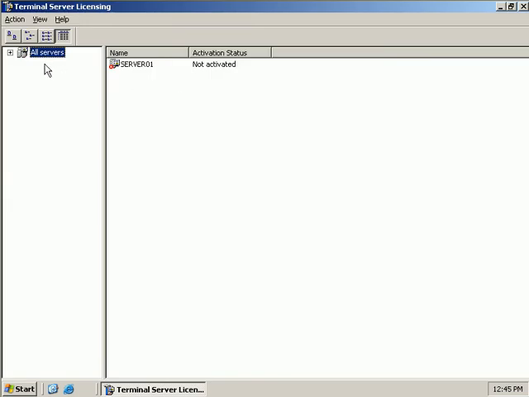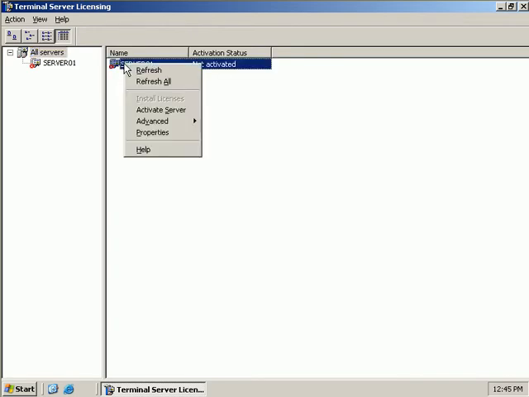Now in the left hand side of our MMC we can see our All Servers icon. So if we expand this, we can see all of our licensing servers, which we can also see over here in the right hand side. So in our case we only have the one licensing server, which is Server 01. So if we right click on Server 01 and select Properties,